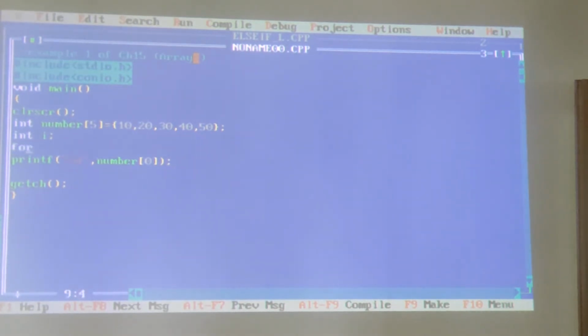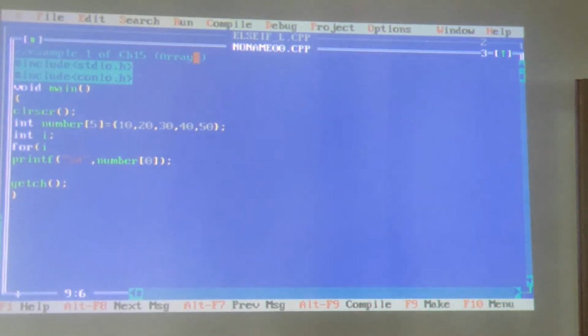I run the for loop. For I is equal to... which value do you want to show first? The one lying at 0 position. So I write here I is equal to 0. Which is the last value you want to show?